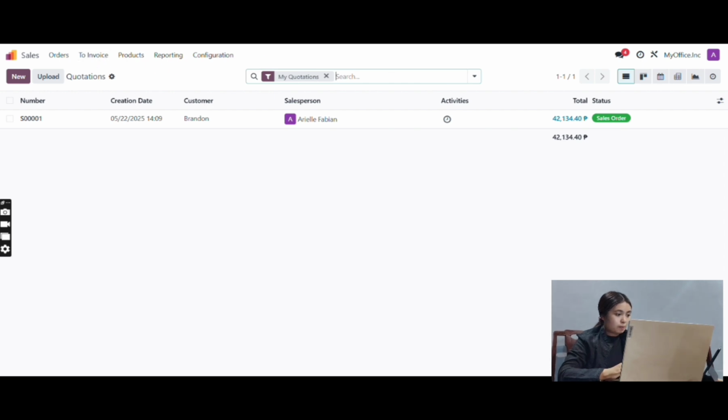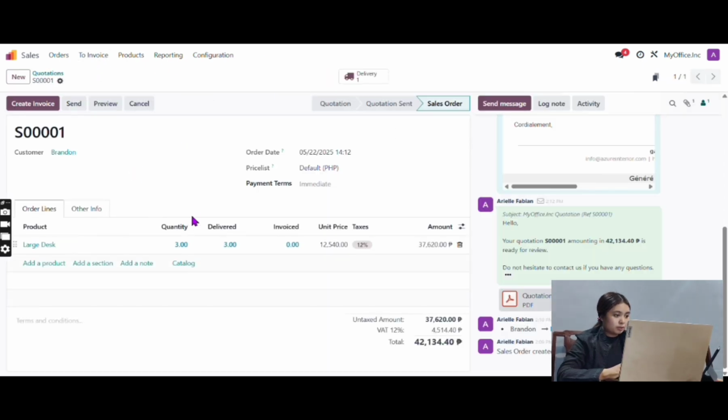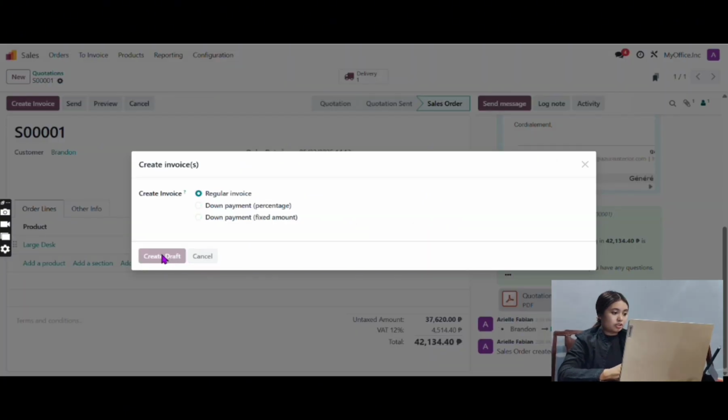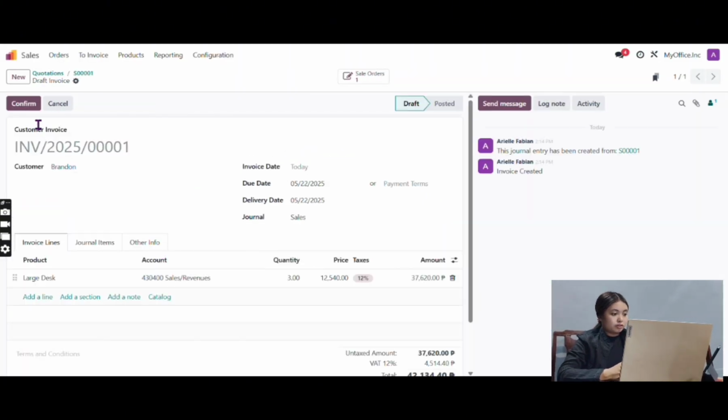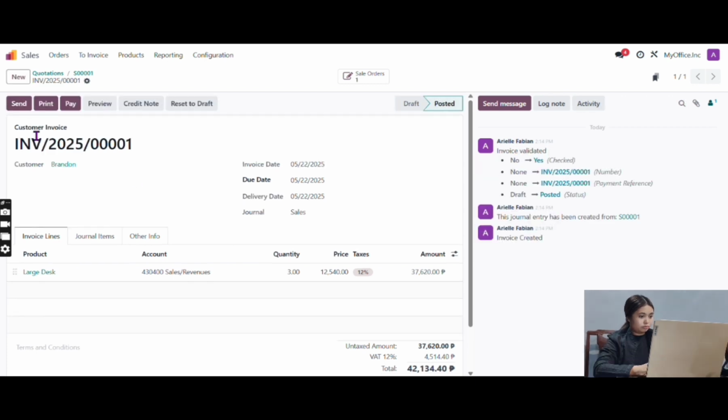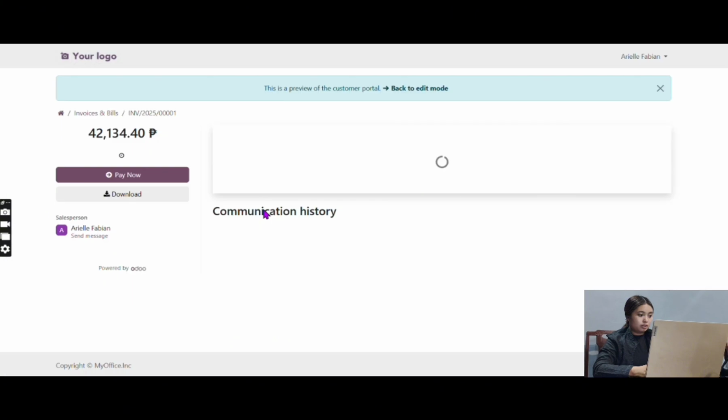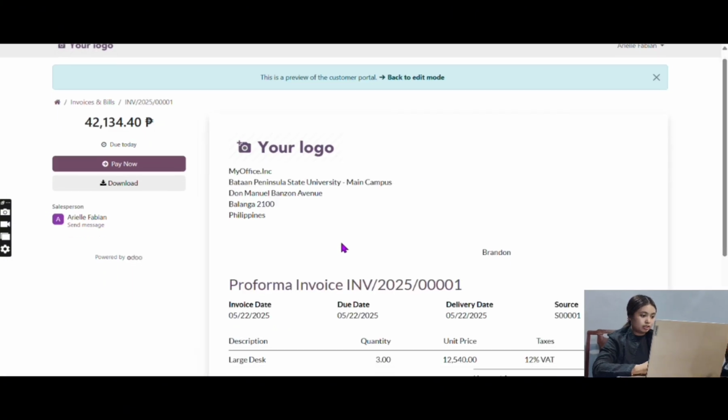And click the quotations. Create invoice and create it as a draft and confirm. Click preview and here's the logo.